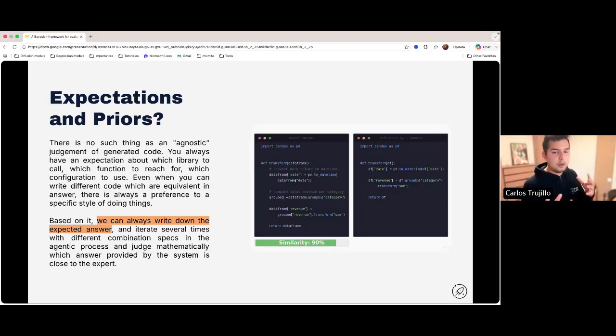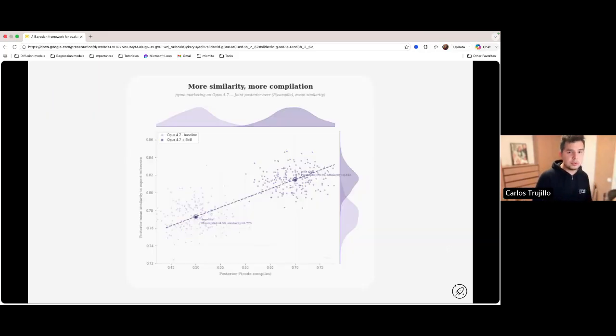And doing so, if you have posterior probabilities about these similarities between the answers of the LLM and as well of the compilations, what you start to see is that as the LLM through the workflow generates code that is more similar to the expert answer, it also tends to succeed way more. So we start to see this relationship, and again, for us it was a bit evident. If you make code that looks like our code, then it's very probable that it will be correct, at least in this specific field